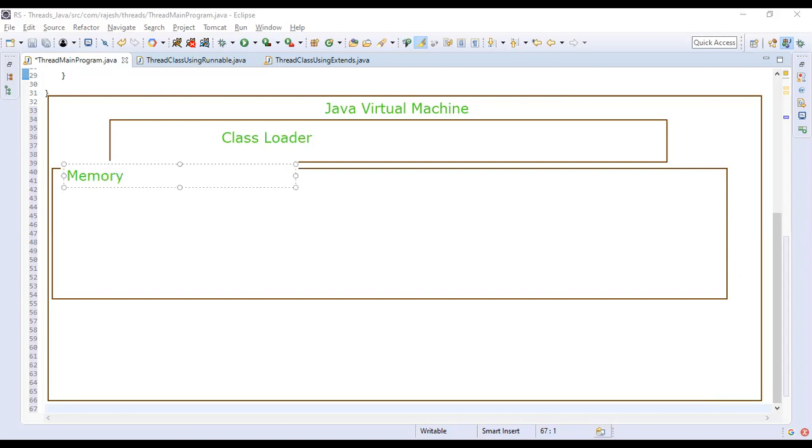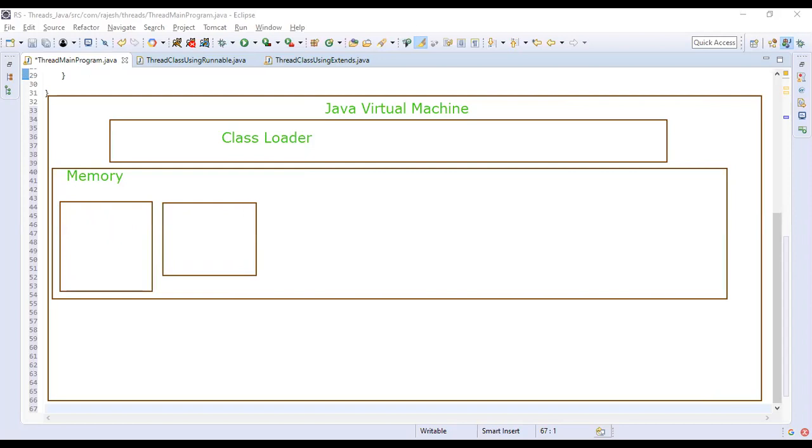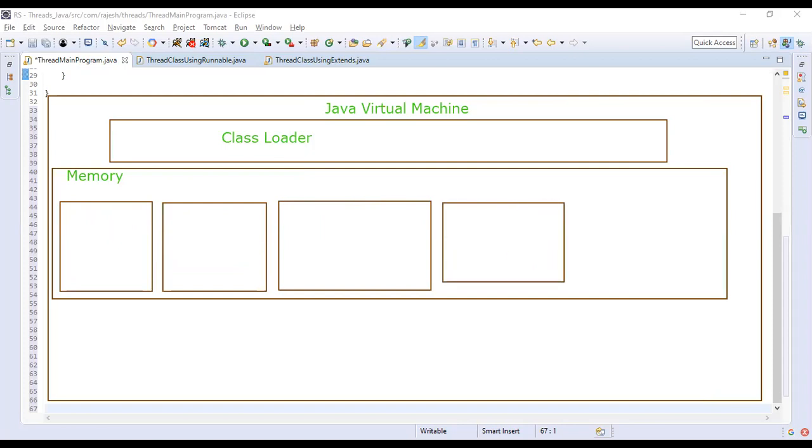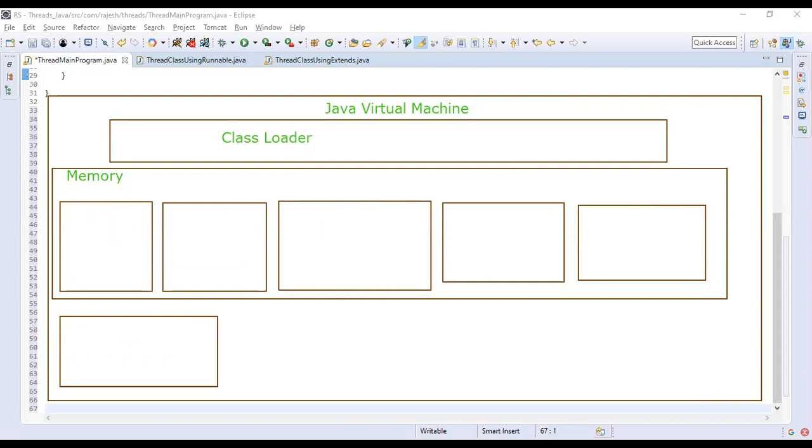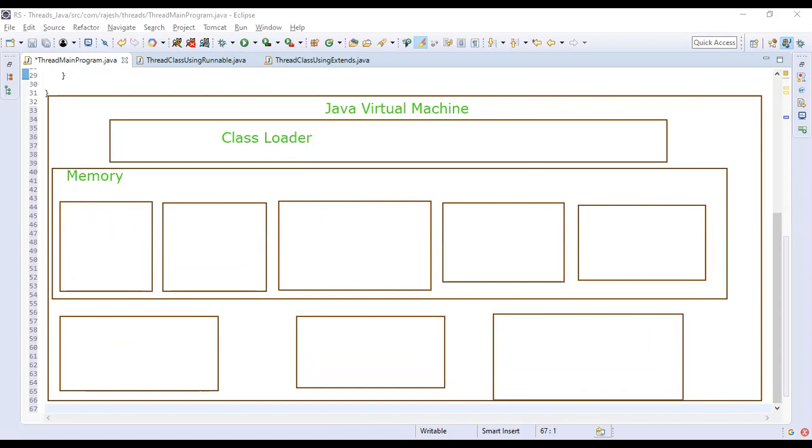Inside this memory, it has different areas. One is for methods, another is for the heap, and JVM language stacks, the PC register, and the native method stacks. And at the end, we have an execution engine. We have a native method interface and native method libraries.